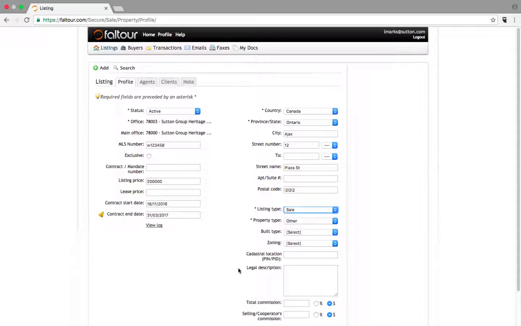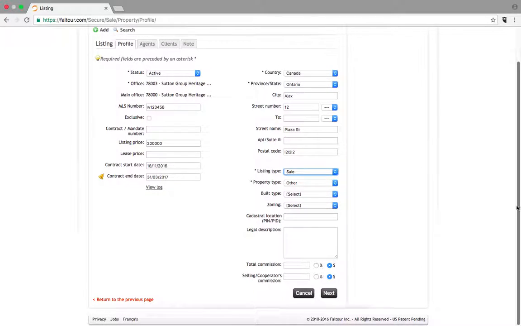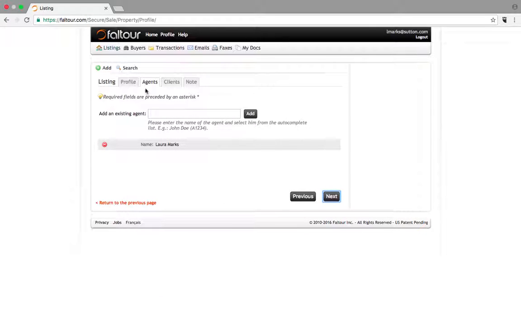The zoning, property type, legal description, you can put that in if you want to. It's not a necessary field. However, I do recommend you putting in your total commission. It's 5%, and the buyer's cooperating commission is 2.5%. And then we're going to navigate through our listing file with our next button at the bottom right-hand side. So I'm going to click on next, and that's going to bring me to the next page of my file,